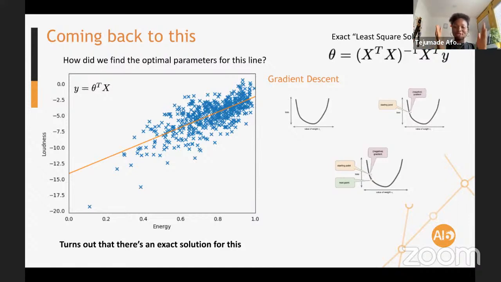It assumes that your data set is full rank, meaning there's no correlation, it's independent. Yeah, the independent assumption.